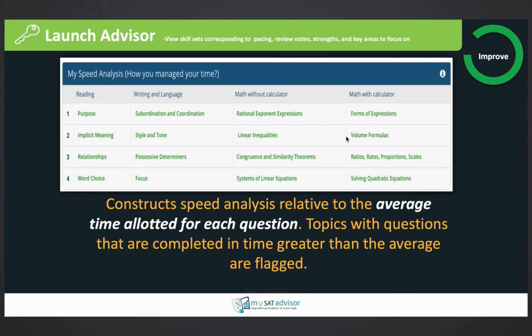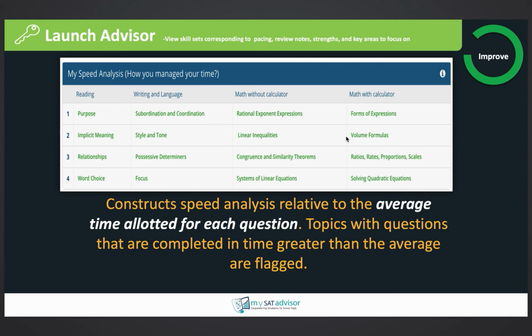So now we get to our Launch Advisor tab, again, our speed analysis feature. So this will give a list of topics where the student consistently spent longer time than average on those questions. And again, you'll notice that this area, the speed analysis, doesn't really have anything to do with accuracy.